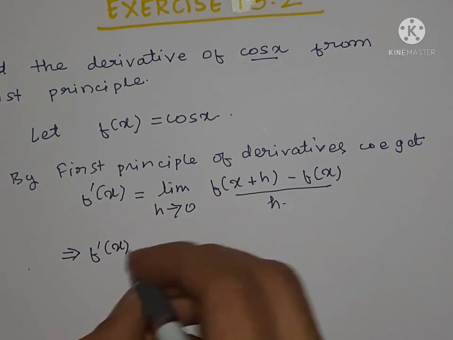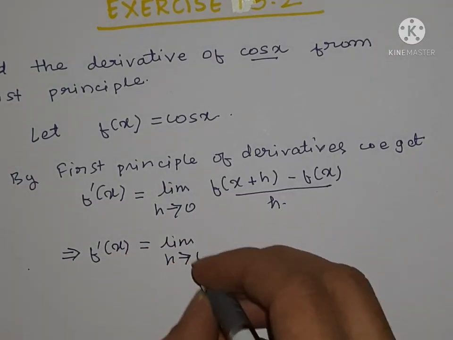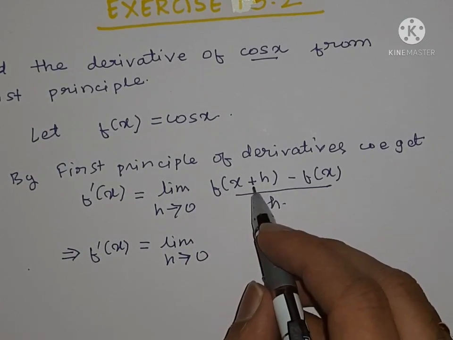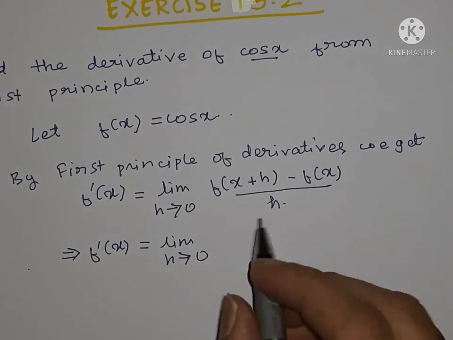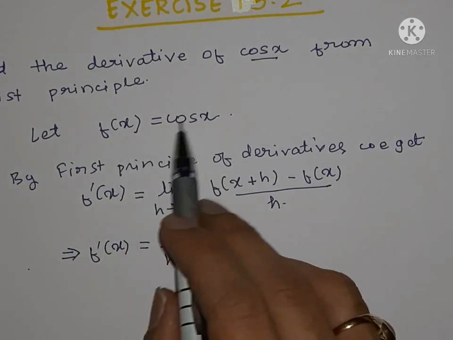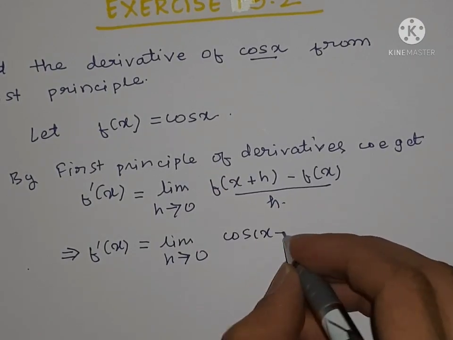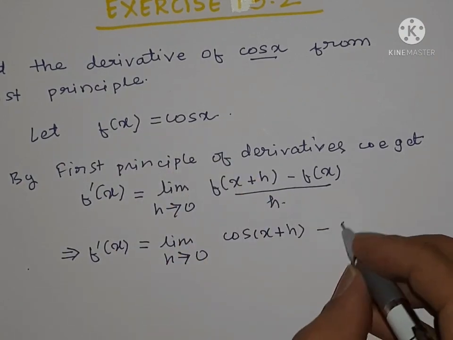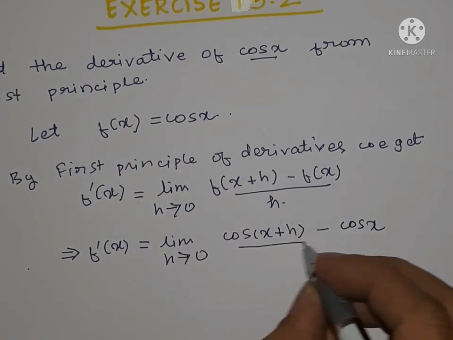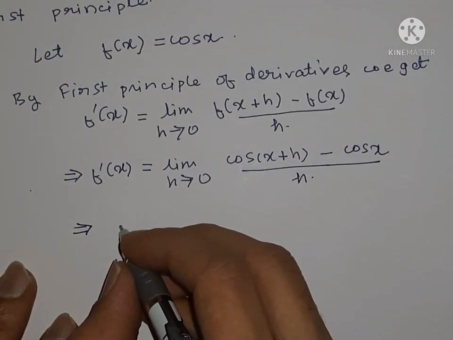So this implies what? f prime of x is equal to limit h tends to 0. f of x plus h will be what? See, f of x is cos of x. So f of x plus h will be cos of x plus h, minus f of x is cos x, and that is divided by h. Okay. So what will happen here? f prime of x